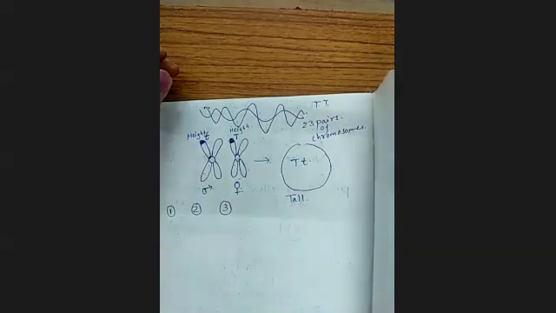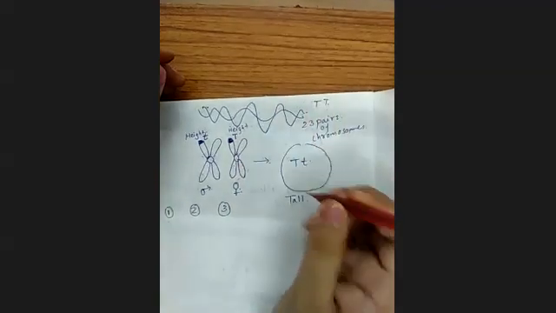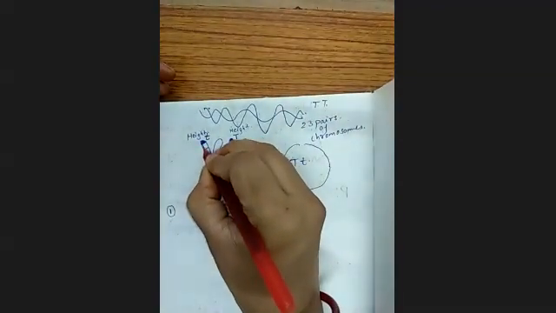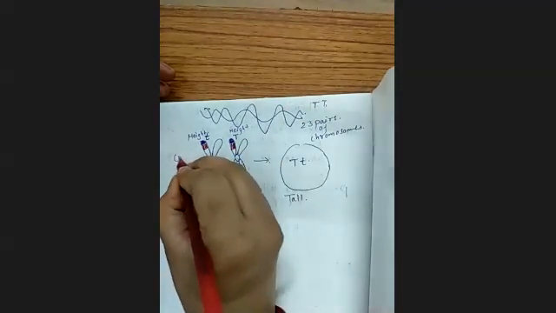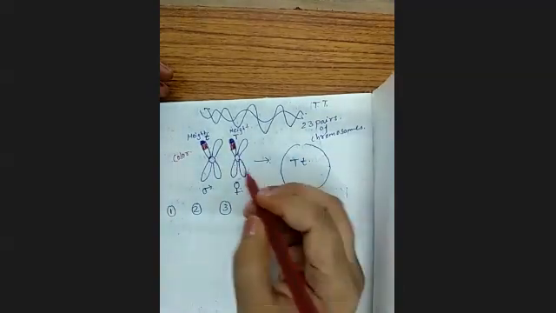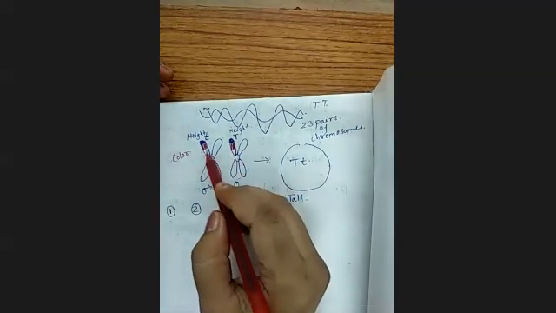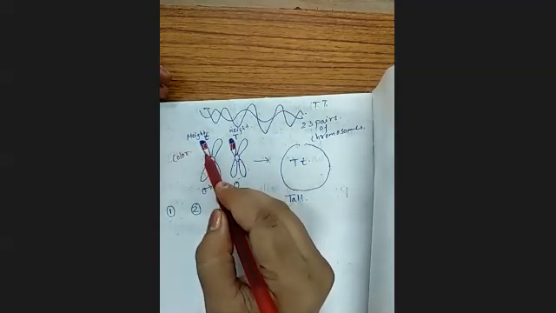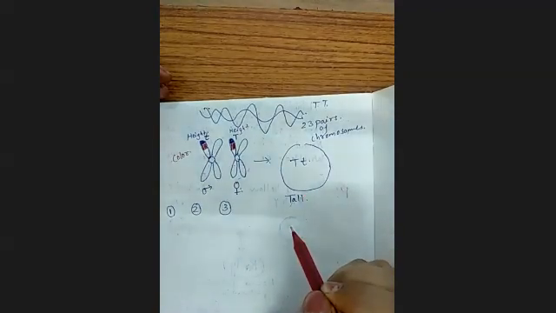Now see, on the first pair of chromosomes, there may be the possibility that on this arm, the second gene, this much part of DNA, is responsible for the color of your skin. If it is for color, there may be the possibility that the mother is dark and the father is very fair. Whatever the result will be, that will be seen in the offspring. Is it clear to you?